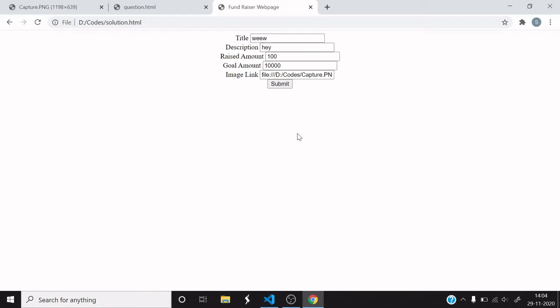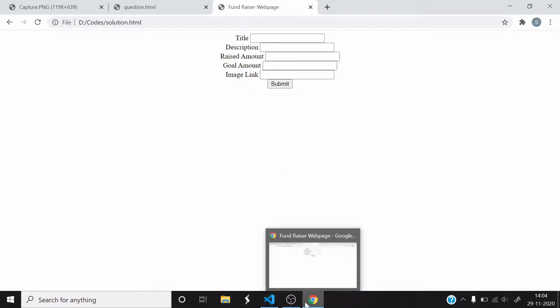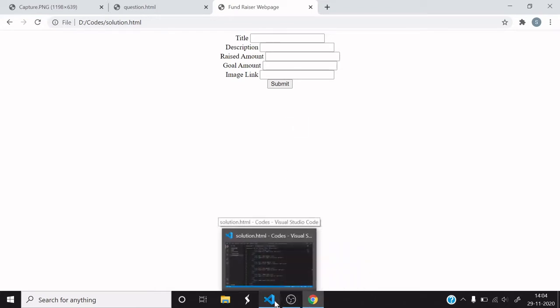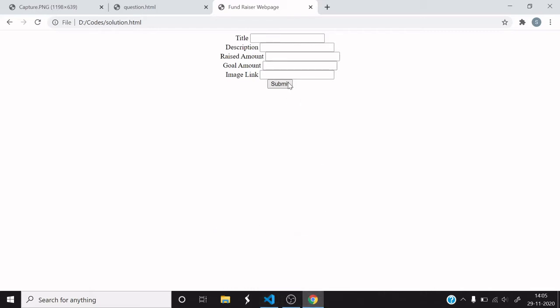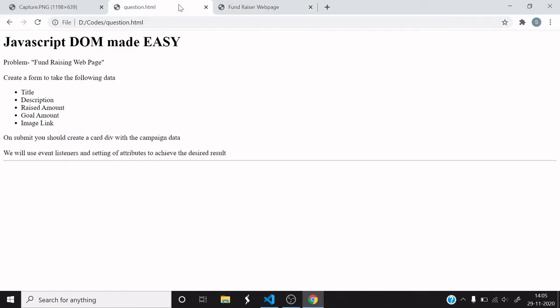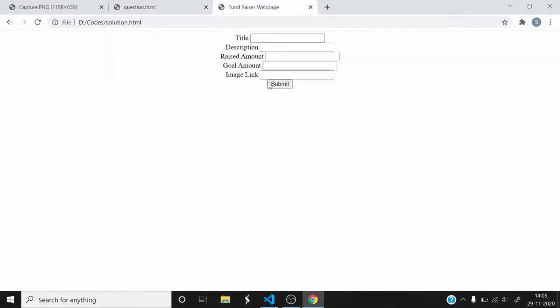We have just created an input form. We need to set an attribute through this JavaScript DOM so that it can listen once this submit button is pressed. We want this HTML to do something once the submit button is pressed.